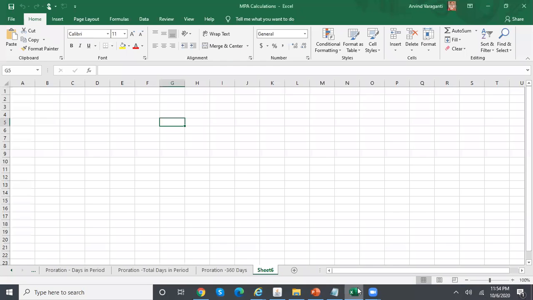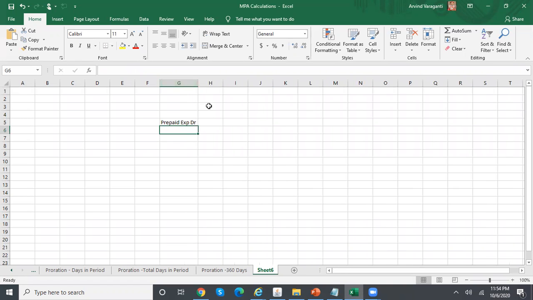to explain in accounting terms, when you make your prepayment expenses, in simple terms, your journal entry would be prepaid expense debit, say $12,000, and your cash account credit, say $12,000. But you want this $12,000 to be allocated over a period of time. So maybe if you want to allocate this over 12 months,